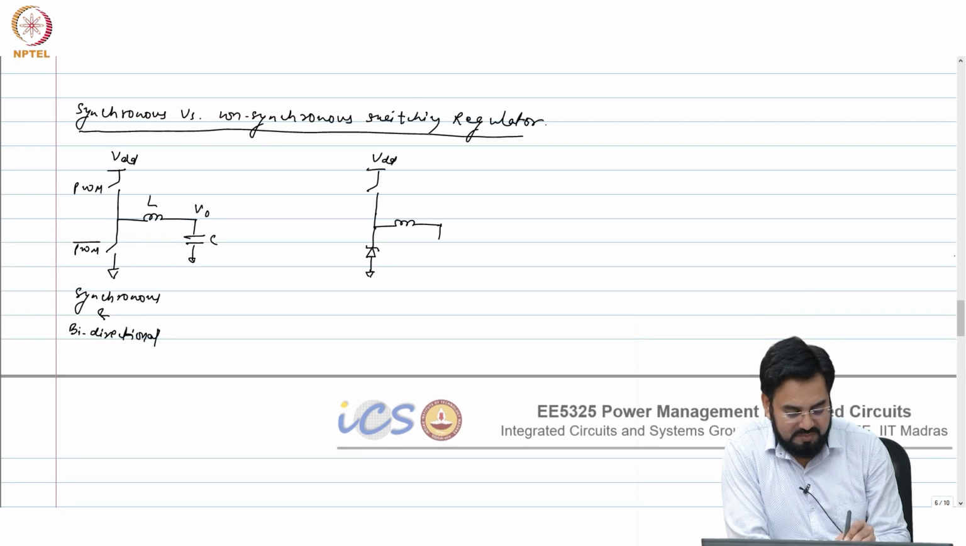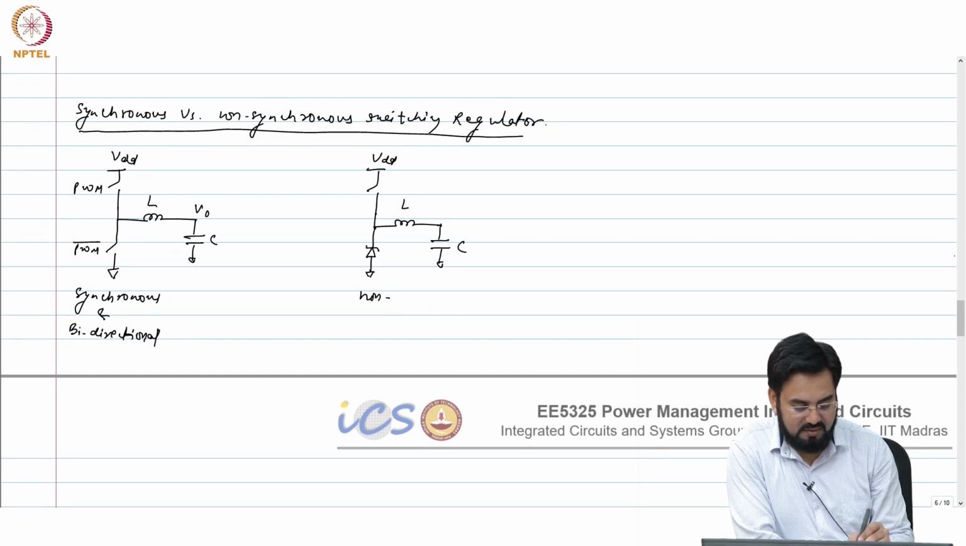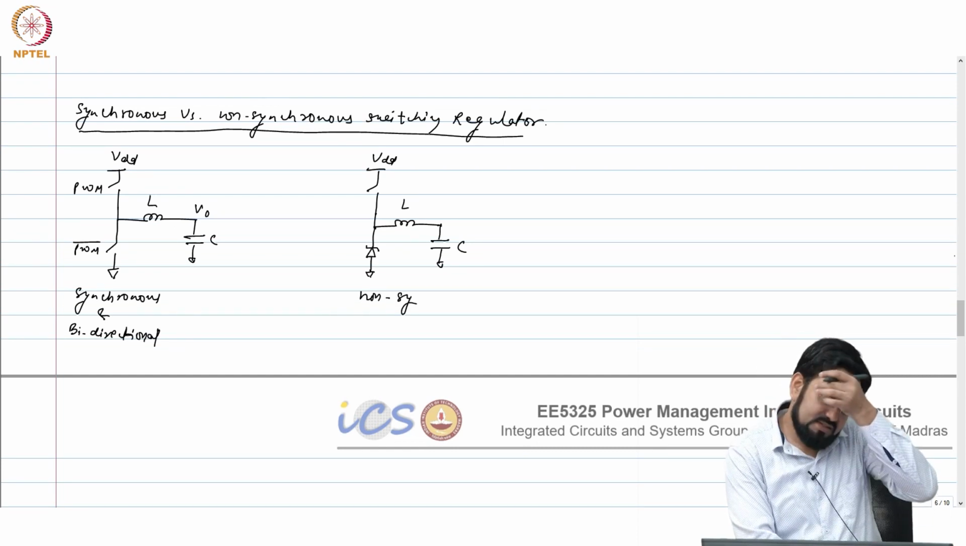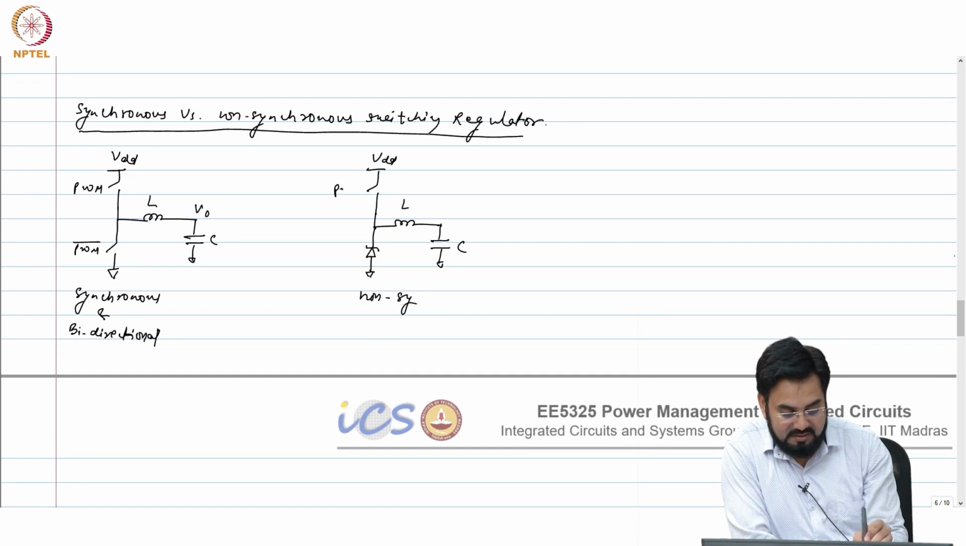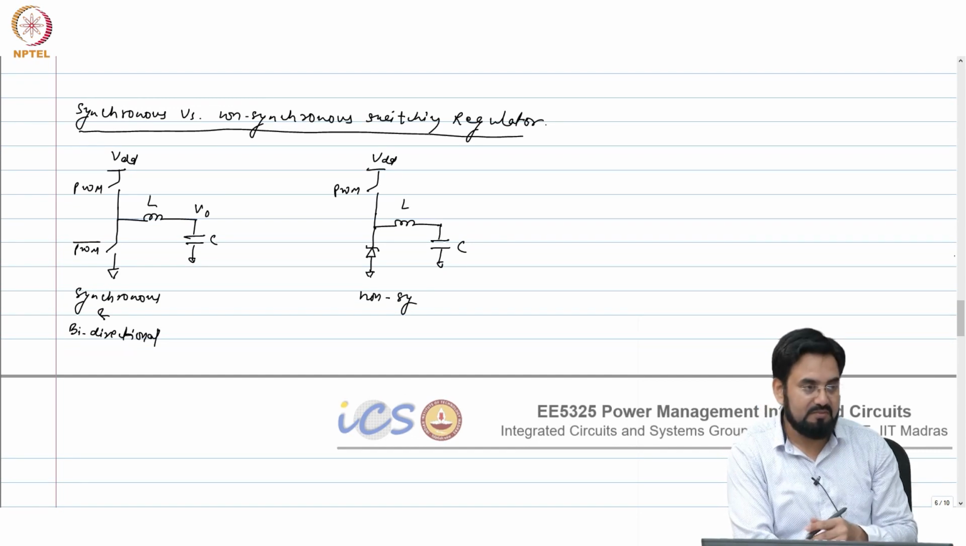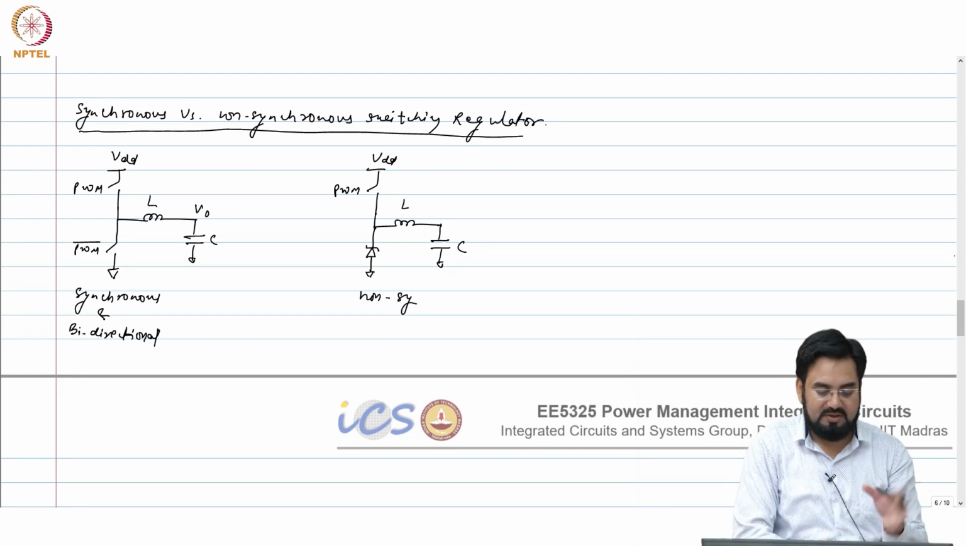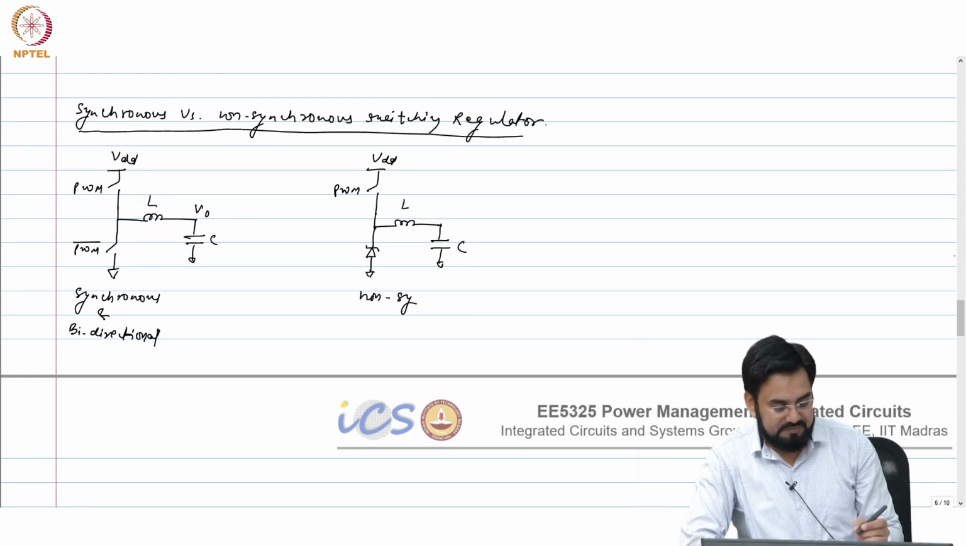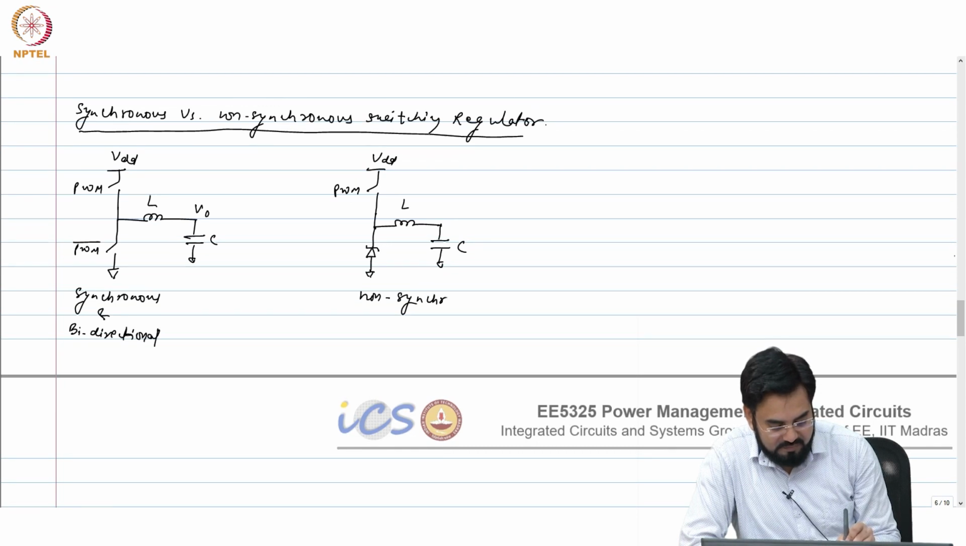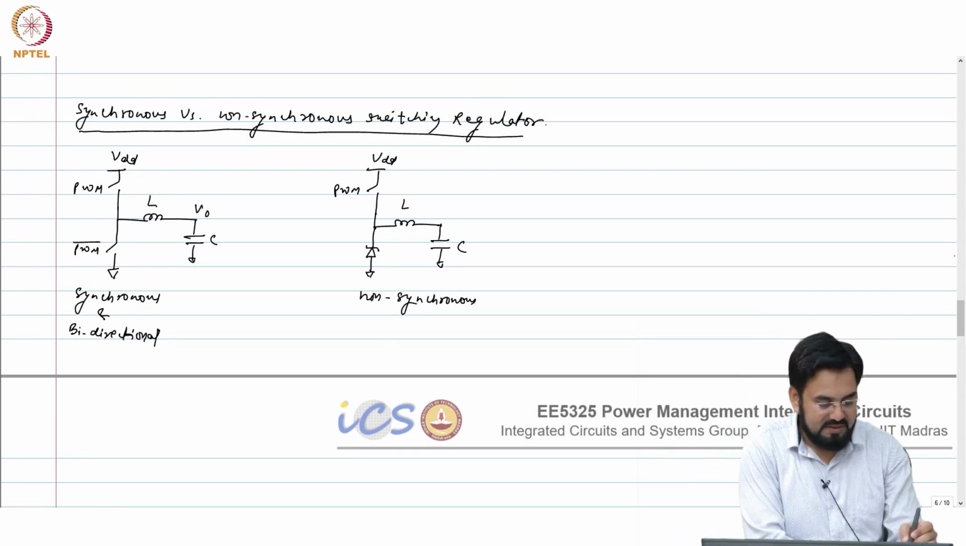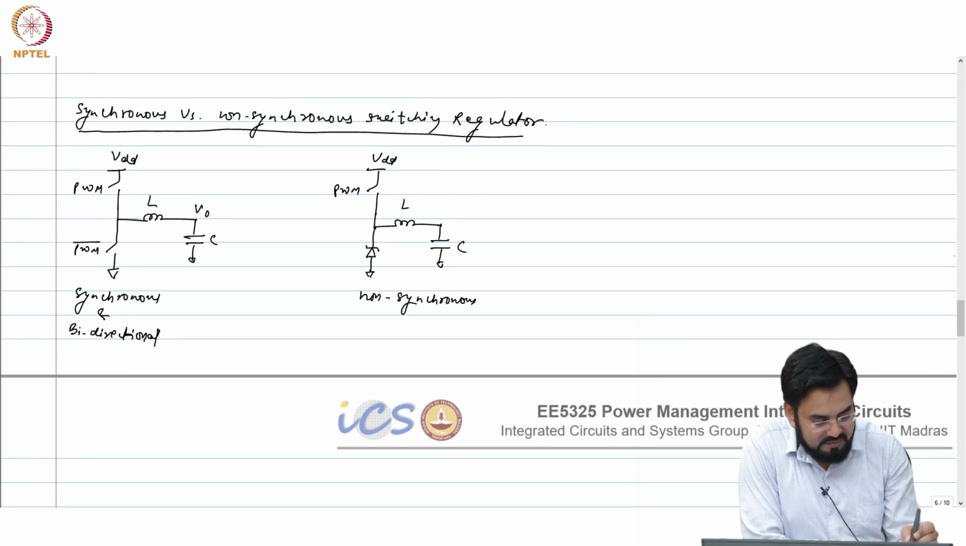This could be another way to implement your buck converter, and this is non-synchronous because only this top switch is controlled by PWM, and at the bottom you do not have any switch, so your diode will conduct on its own. So in this case, current can flow in this direction and in this direction. So when you are looking at this direction, the current is basically